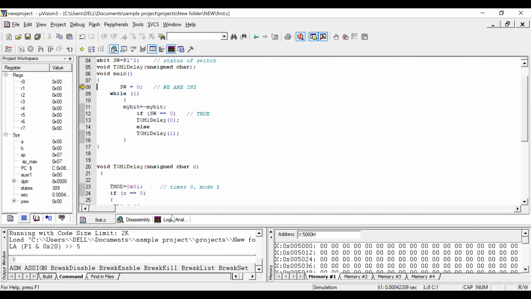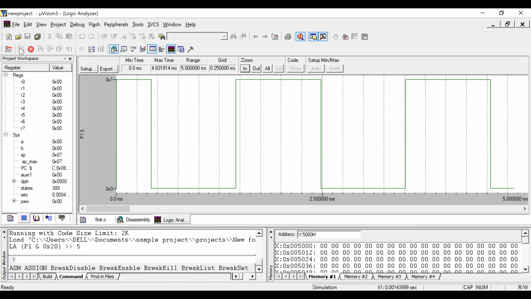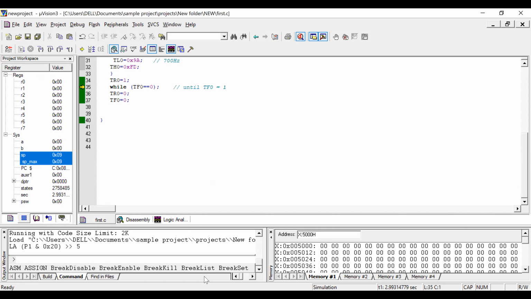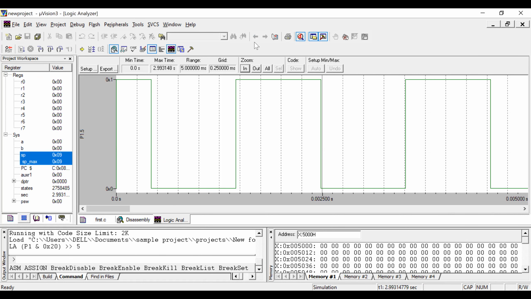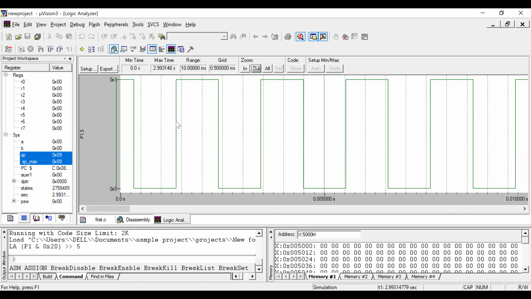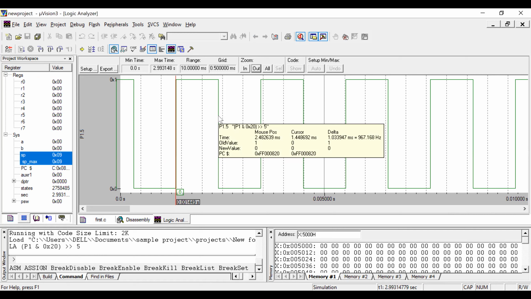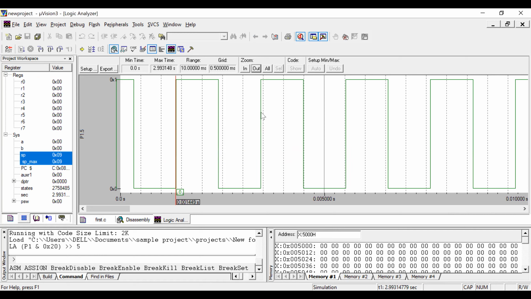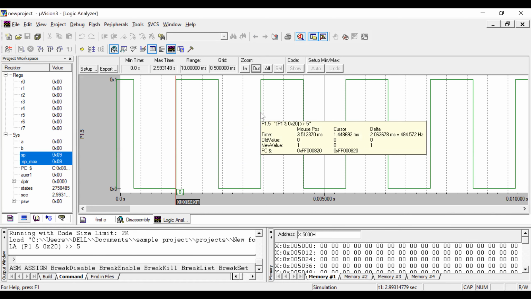So I'll open the logic analyzer. I'll run the program now. I'll stop it. So now you can check that from this point, the positive half cycle is generating 1 millisecond. Okay. What is my frequency? So take one time period.